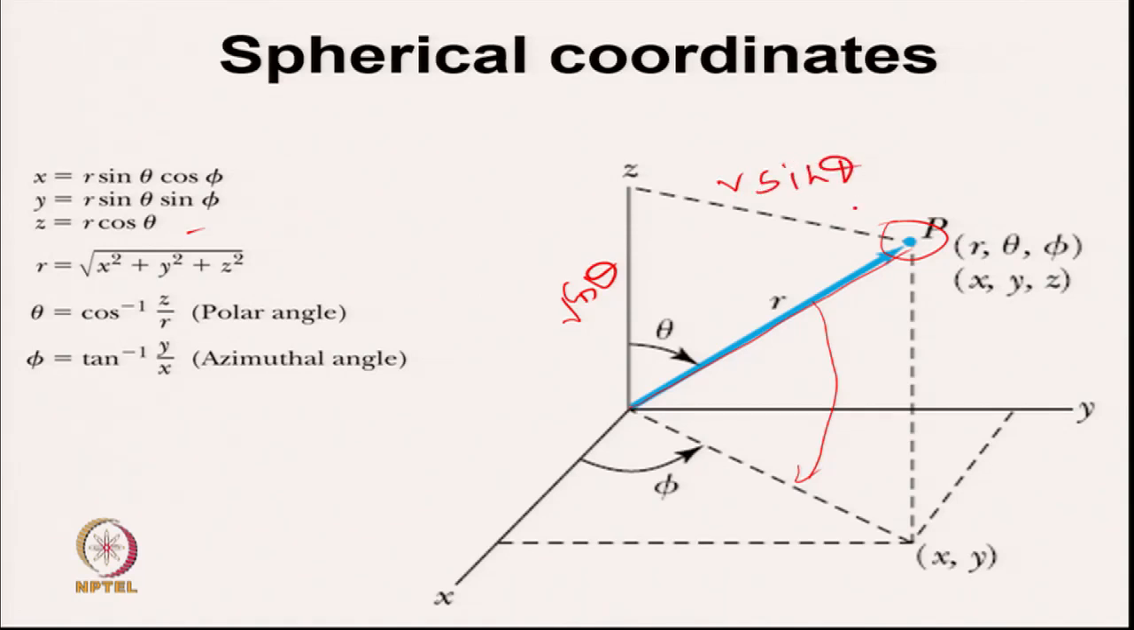sin theta. It means this is also r sin theta, and since this angle is phi, so x is equal to r sin theta cos phi, and y is equal to r sin theta sin phi. So, using that, now we have seen the relation between r, theta, phi with x, y, z. So, now we can go and calculate what will be the Laplacian operator in